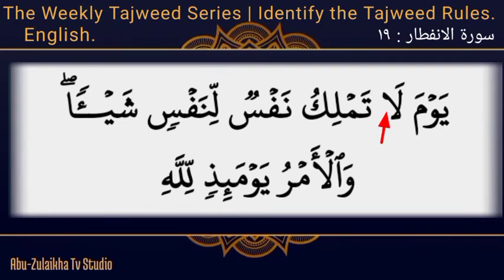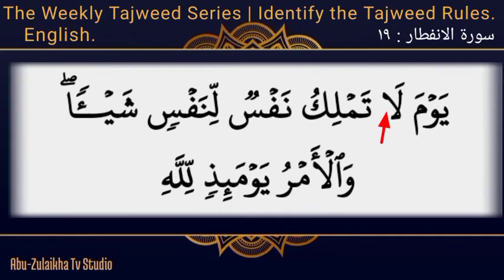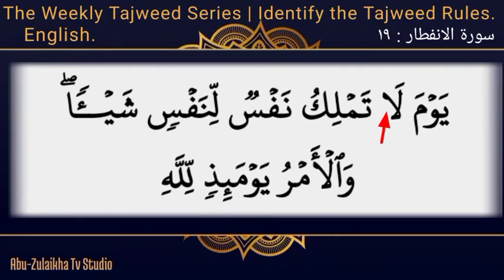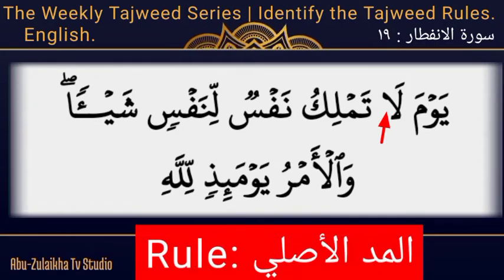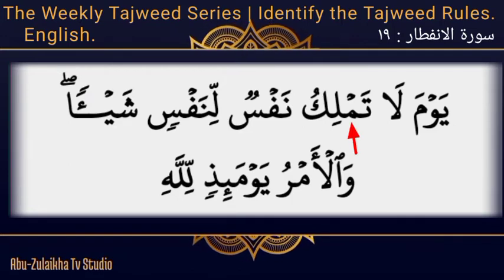So now let's start. Yawma la. So the lam has been elongated. And what type of elongation is this? This is al-madd al-asli, that is basic elongation, and we know it has the duration of only 1 second, that is 2 haraka. So let's go for that. Yawma la